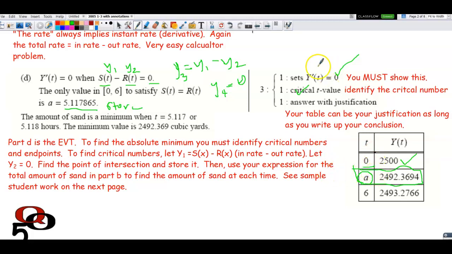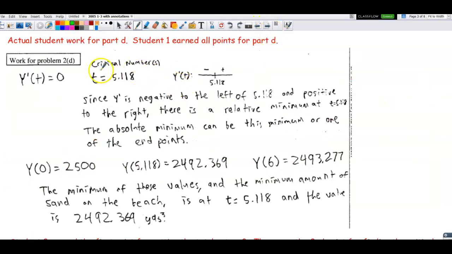So you could have used that paragraph, what we call the paragraph method, to explain that, and I think a student does that on the next page. So this is what real student work looks like right here. So the student said, I set y prime of t equal to 0, I got my first point. I found that number, I got my second point. Even though they rounded to 3 decimal places, they stored it in their calculator, and they did